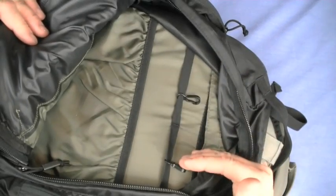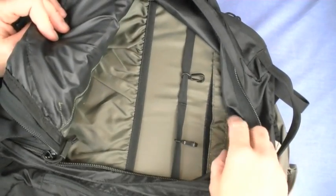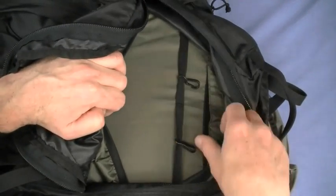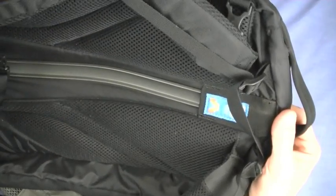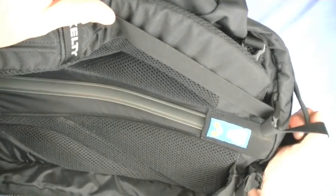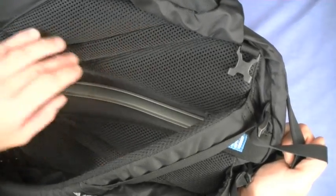How about the differences in frame? Well, this is an evolving design, the Redwing. They're always changing the suspension system. This particular version, the newer one, has a polyurethane frame sheet, so it's a plastic frame sheet, and then it has, I believe, a stay running down the center of it. It's on the other side. Yeah, there it is right there. An aluminum stay that runs down the center. I have not hard hiked with this particular Redwing yet, so I suspect it'll be fine. The frame sheet's good. If I loaded it up, I mean really loaded up, I might be wishing for the dual aluminum stays that run